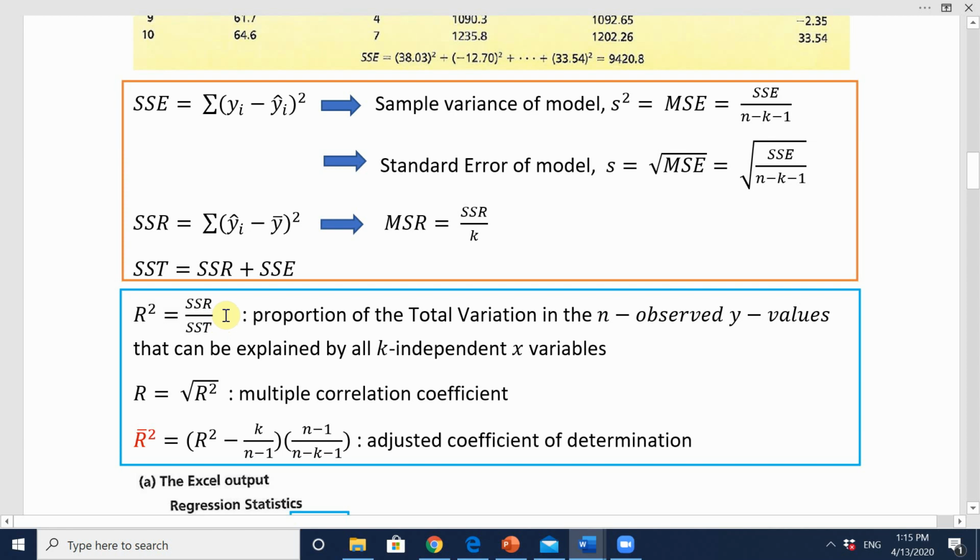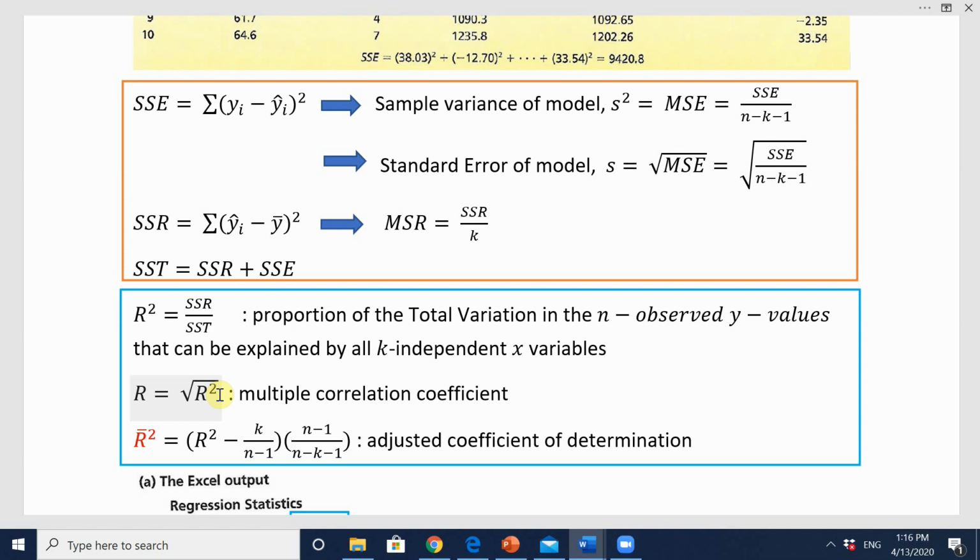Okay? Now, of course, if we can get the multiple coefficient of determination R squared, then we can also get the multiple correlation coefficient, which will simply be the square root of R squared. Okay? And so now one thing to note is that